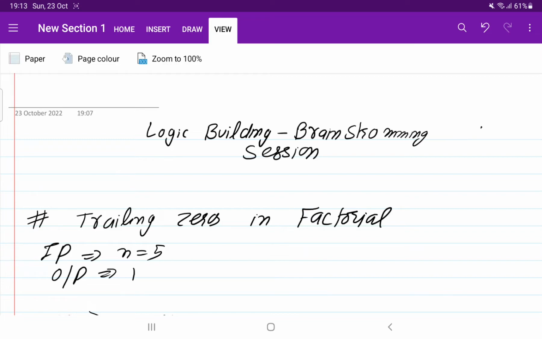As we did in the last lecture, here also we are going to solve 4 to 5 problems in different ways. We are going to see different approaches to solve a single problem, and then we will use the most effective way to write the code. Also, at the end of the video, in the description box, I am attaching some questions for your homework. You have to think of the logic for them by yourself, and we will discuss them in the next video.